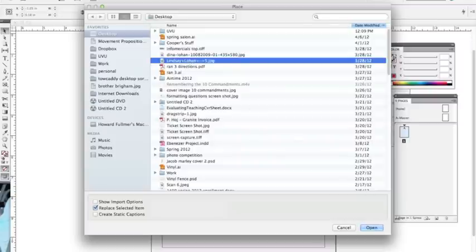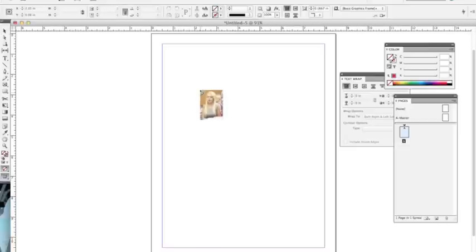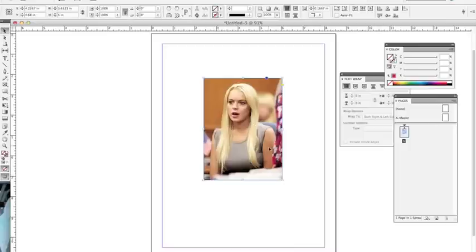I'm going to put her picture in here just for fun. Okay? So we'll go ahead and put Lindsay in there. Now you'll see she's looking a little bitter and a little sad, and that's because in just a moment she's going to be changed. Well, one thing that you want to keep track of in InDesign are links, or where